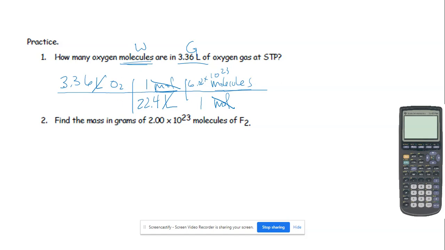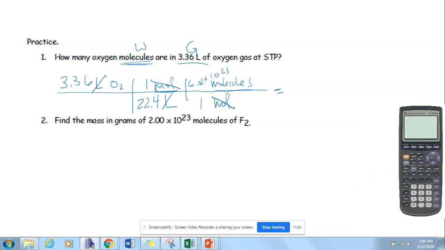Now we're going to do our math. 3.36. You have a couple options. 3.36 times 1 times 6.02 times 10 to the 23rd divided by 22.4 times 1. Or we can do 3.36 divided by 22.4 times 6.02 times 10 to the 23rd. Either way, you'll get the right answer. When we do that on the calculator,